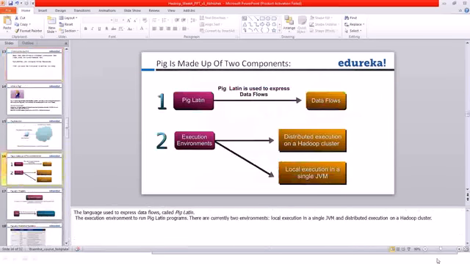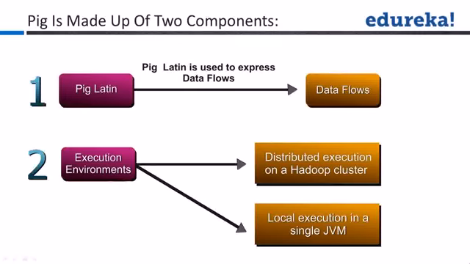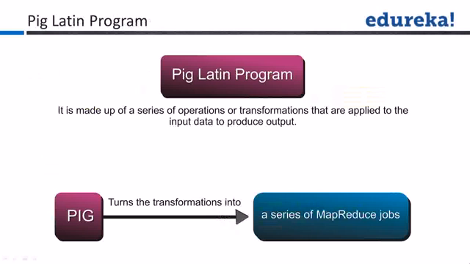So there are these two execution environments. We just saw them. We've seen this as well, that a Pig Latin program is made of a series of operations or transformations that are applied to input data to produce an output. So this is how you define a Pig Latin program. Pig Latin is the name of the script. Now Pig will internally transform this into a series of MapReduce jobs. So this is also clear. Let's go ahead and see